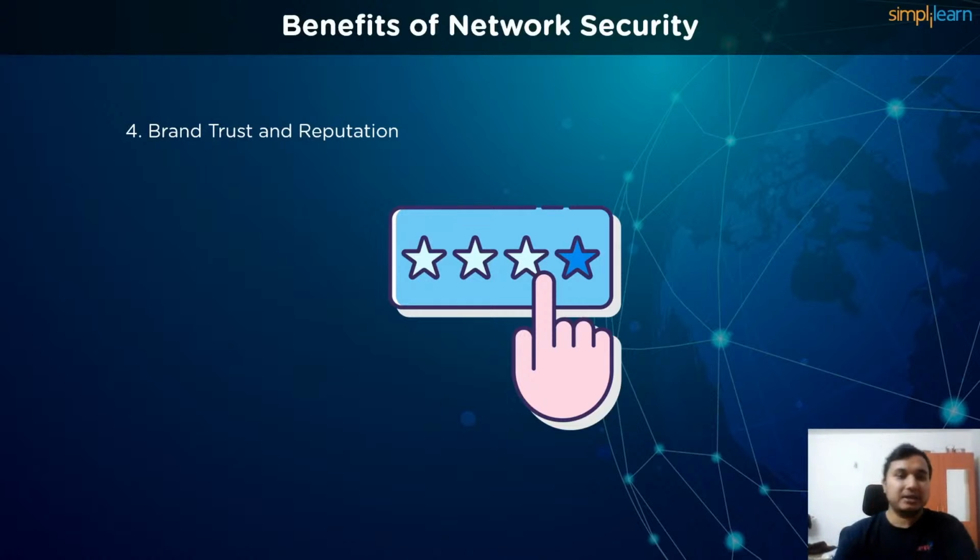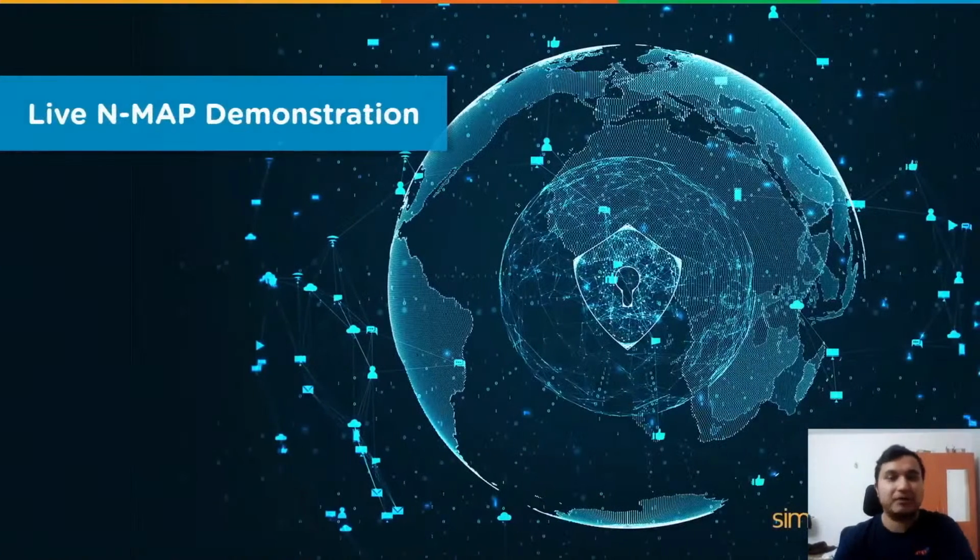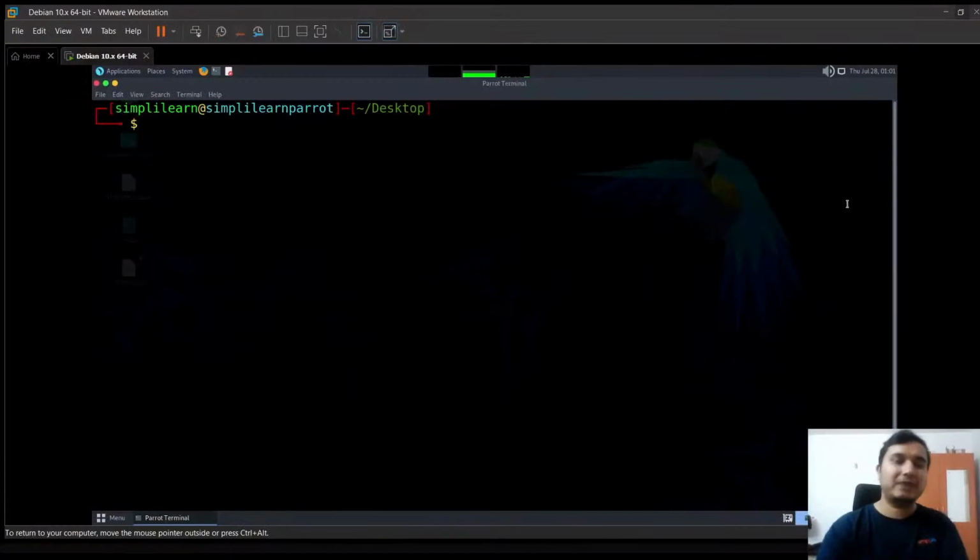That's really all for the theoretical part of network security. After covering so many topics, let's go through a small demonstration to drive home this topic's importance. So one of the first things we're going to cover is the installation of Nmap. What we're using right now is VMware, where we are running an instance of a Linux distribution known as Parrot Security operating system. The Parrot Security OS is a Debian-based Linux distribution that is catered more towards ethical hackers